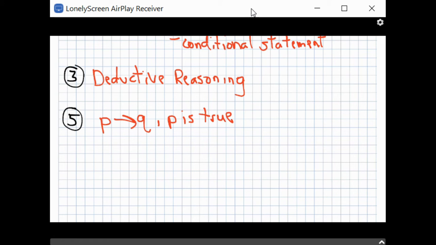So let's look at number 5. If the side lengths of a rectangle are 3 and 4, then the area is 12 feet. So there's our if-then statement. A rectangle has side lengths of 3 and 4 feet. Okay, so they gave us P and Q, and then they gave us that P is true. So can we conclude then that the area of the rectangle is 12 feet squared? Yes, this is valid because they